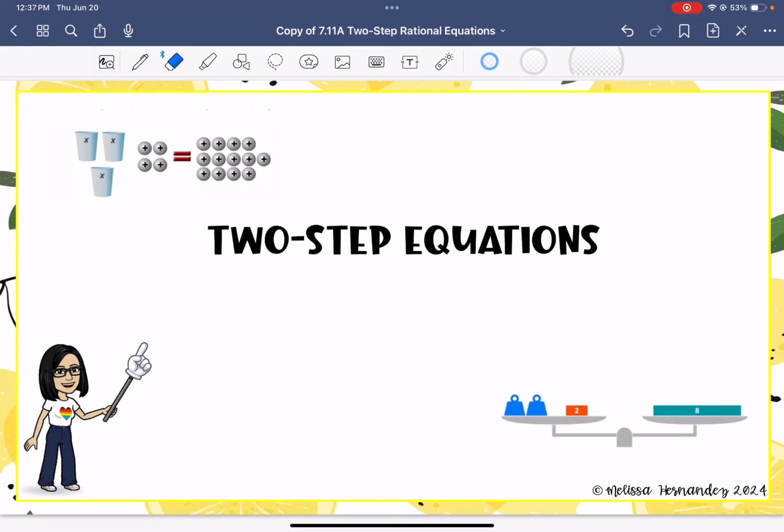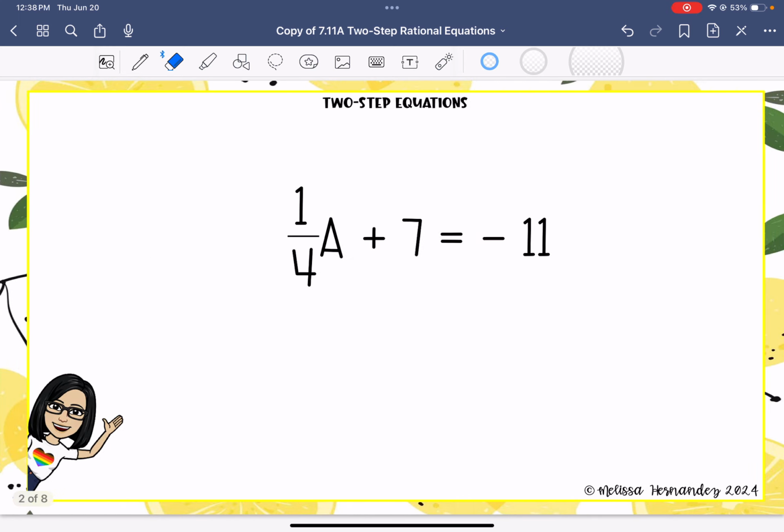Practice solving two-step equations. This video will have two examples. The second one, I will actually teach you how to clear all the fractions in the equation, something you may want to know. All right, so for the first one, it says 1/4 of A plus 7 is equal to